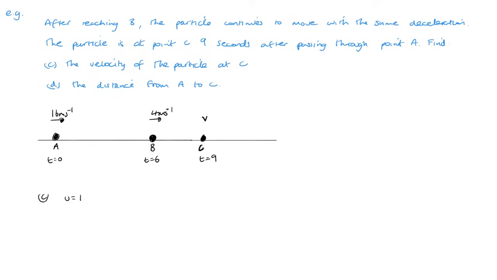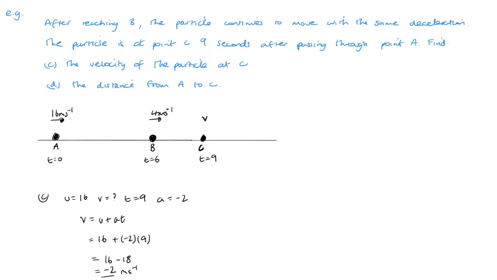So U equals 16. V we want to find. T equals 9. And A equals -2. So with that, we are using V equals U plus AT, because we know 3 of the letters and we're missing just the 1. So that's 16 plus -2 times 9. So that's 16 minus 18, which is -2